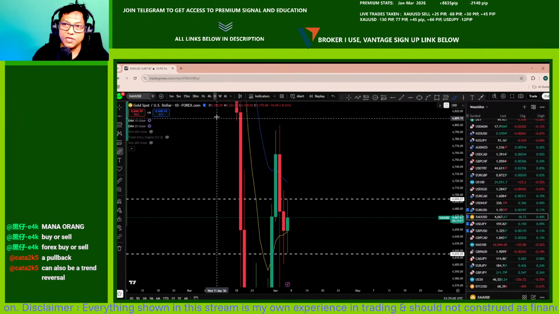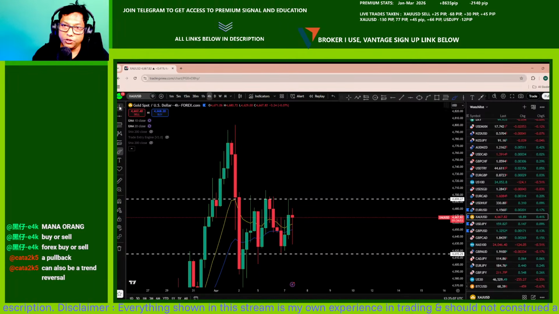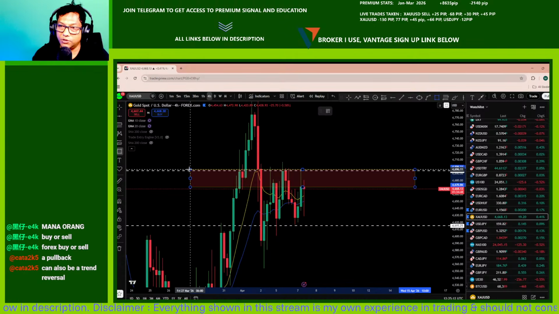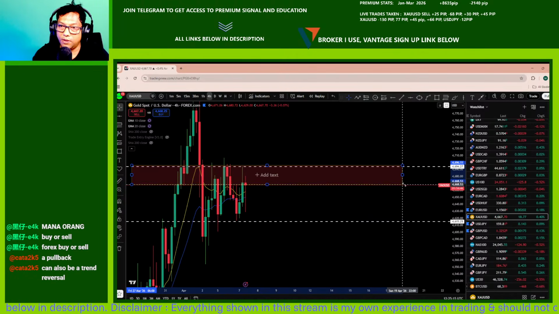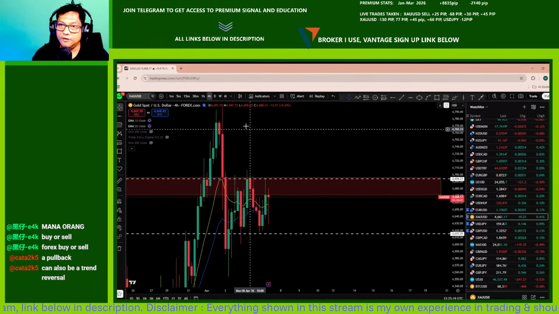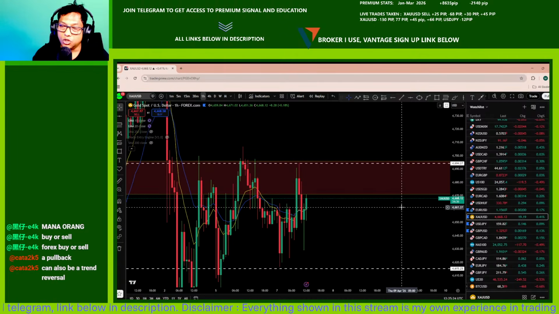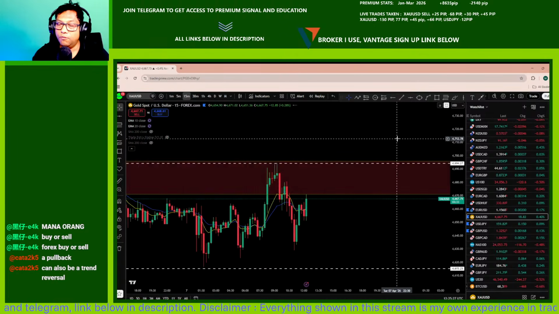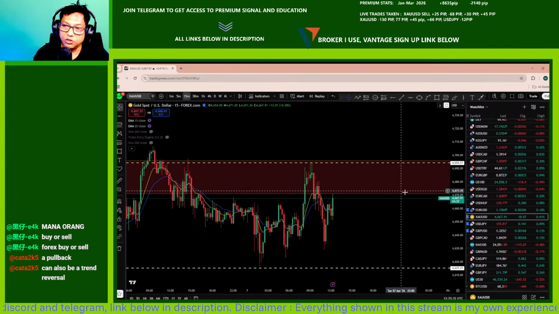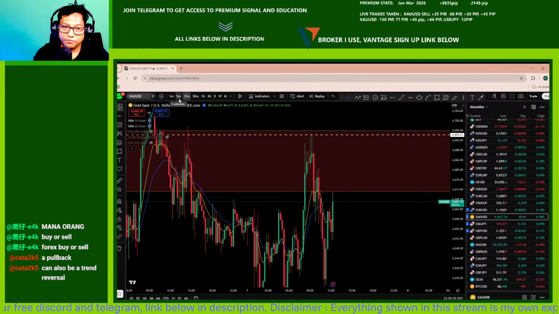So the market is approaching that, and we're going to the 4-hour chart and also the lower time frame. The market is on the intraday. If you look at the 4-hour chart, the market is at this level of resistance, the 4-hour level of resistance, and off that level you can see the market is eventually heading back to the previous area of value. Now we are approaching that level in that area. The market is now approaching